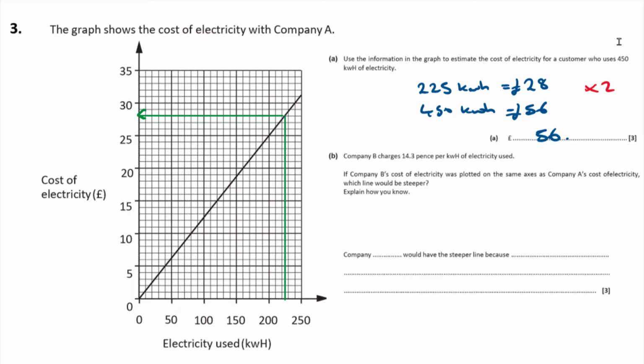Company B charges 14.3 pence per kilowatt hour of electricity used. If company B's cost of electricity is plotted on the same axes as company A's cost of electricity, which line would be steeper? Explain how you know. Well, company B charges 14.3 pence per kilowatt hour. So what does company A charge first off? If I look at 100, so if I read up from 100, then